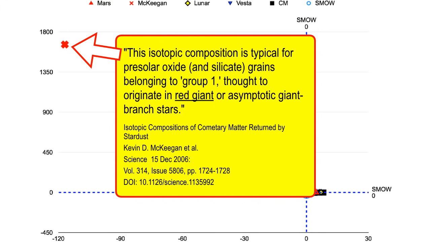But I have a lot more to say about the Sun. That's our next topic. But before we do, let me pause for questions about McKeegan and isotope ratios. Yes? On the graph, what does